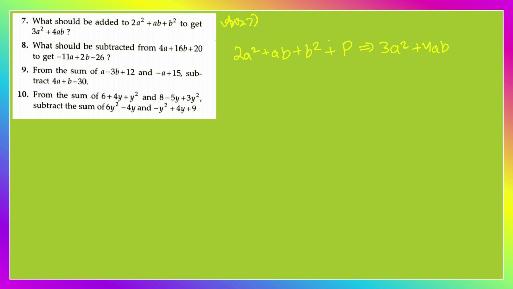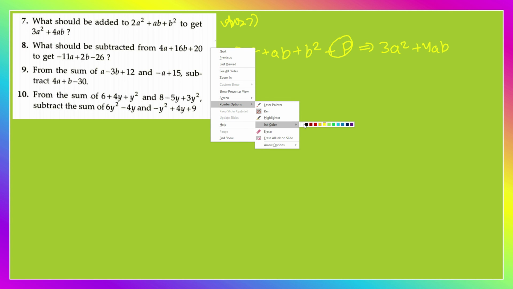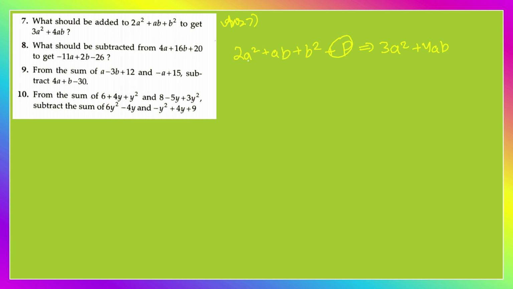Again, if you can do it mentally, it is pretty good. Otherwise, you have to subtract 2a square plus ab plus b square from 3a square plus 4ab. So you have to just subtract only. But if you are asked this question in Olympiads, so I prefer do it mentally. 2a square plus a square give me 3a square. Now ab plus 3ab will give me as 4ab, right? And b square minus b square will give me 0. That is nothing. So this is the polynomial. I have done it mentally. In exams you have to do it by writing only.